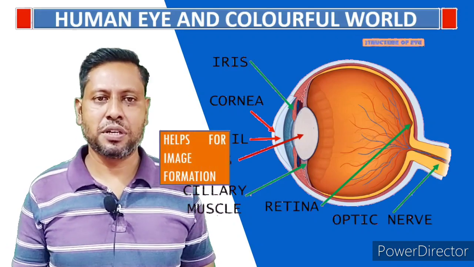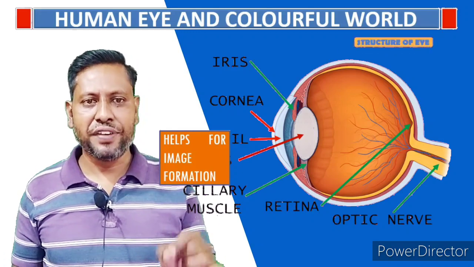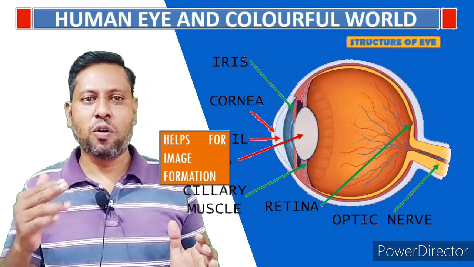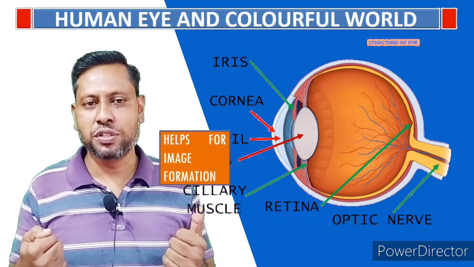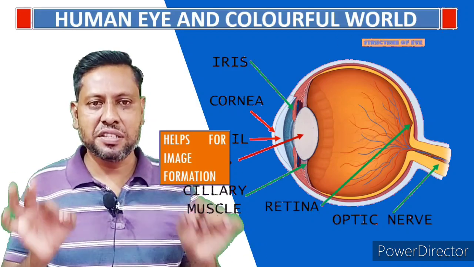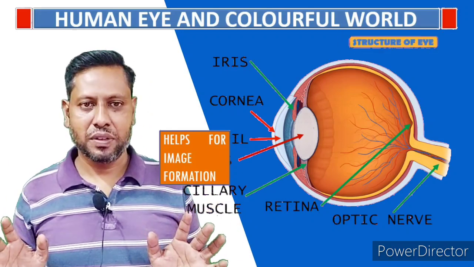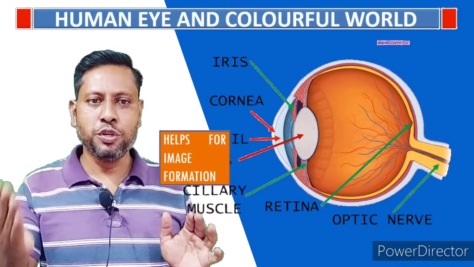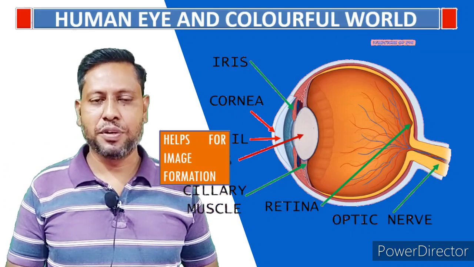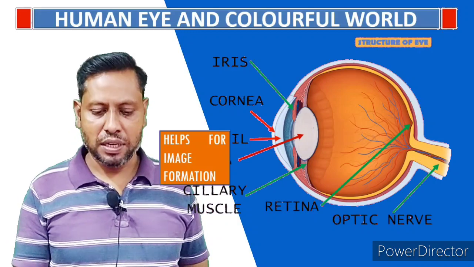It helps in image formation. It is just like the laboratory lenses. The only thing is that it doesn't have a fixed focal length, it has a varying focal length. It can decide according to the situation what focal length to use. Why is it so? Because V, the image distance, is fixed here. The image should be formed on the retina only. That's why, according to U, F can be changed, as you can see from the lens equation, 1/F = 1/V - 1/U. That is the role of the eye lens.